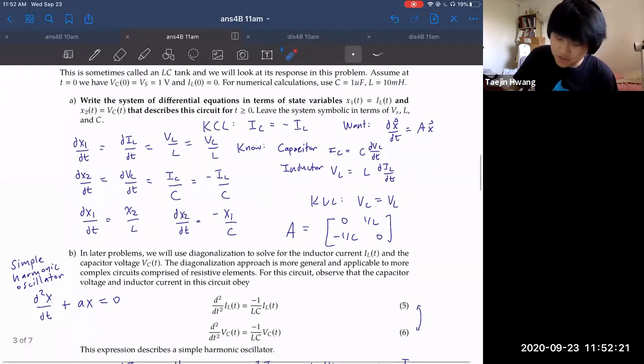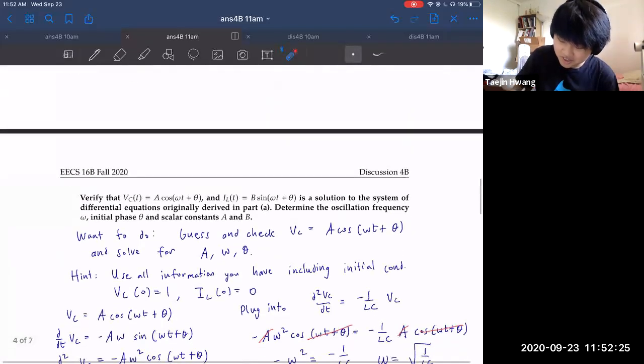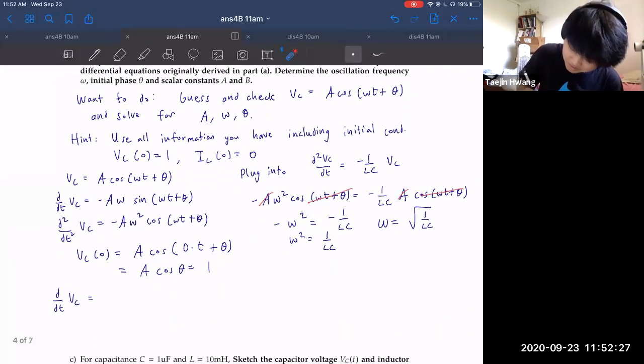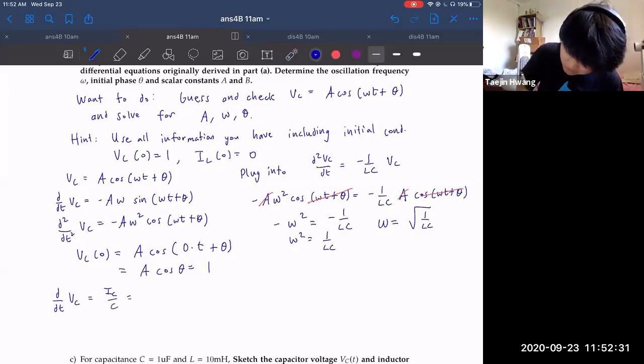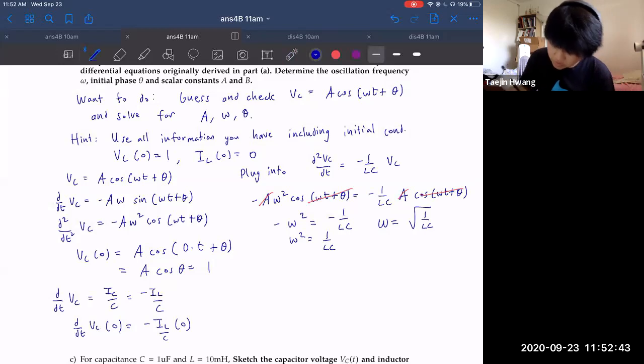So we're going to use the fact that dVC dt is equal to minus IL over C. That's essentially the idea. So this is going to be equal to IC over C, which is then equal to minus IL over C. So then this tells us that dVC dt of 0 is going to be equal to minus IL of 0. And if we plug it in,